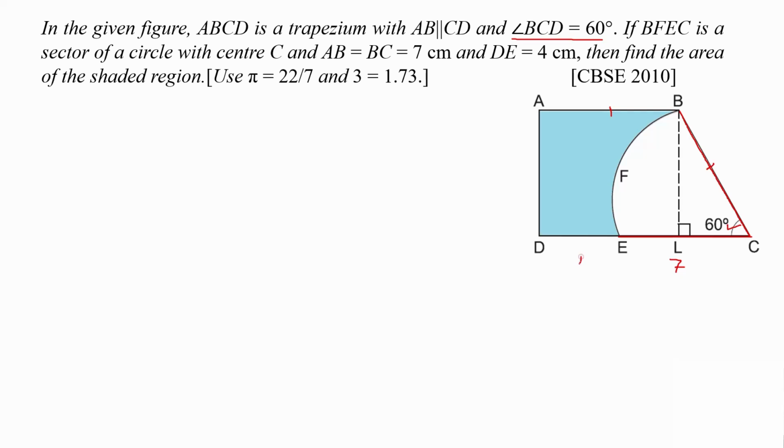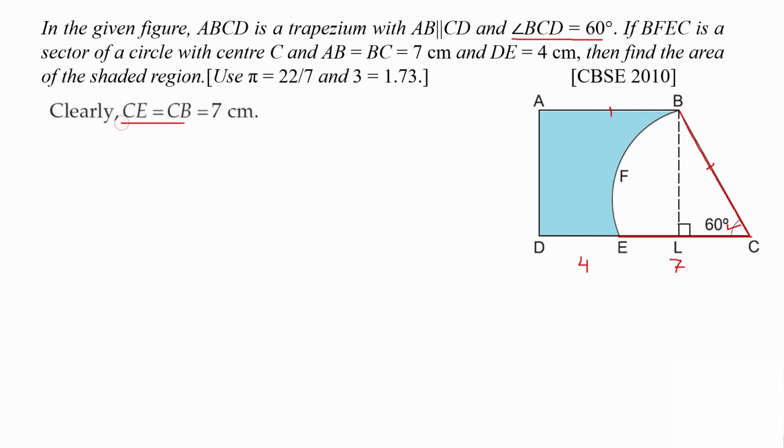And this is given, so what is the shape of this quadrilateral ABCD? Trapezium. Yes, trapezium. And we know that the area of trapezium is half into sum of parallel sides into distance between them. So पूरे trapezium में से ये sector minus करना है. So very simple. तो ये मैं 7 और 4 इसलिए बता रहा हूँ क्योंकि यहाँ पर हम लोग CD निकालेंगे now. Okay, let us start with the first step.